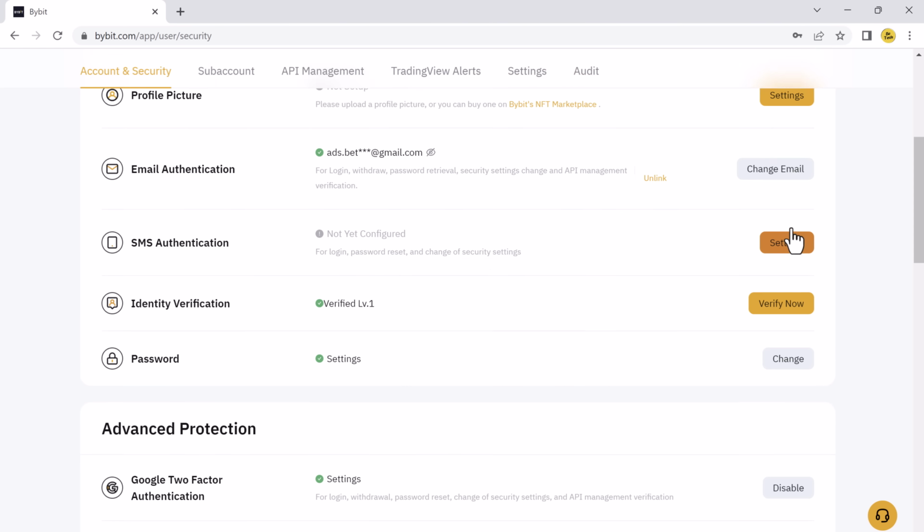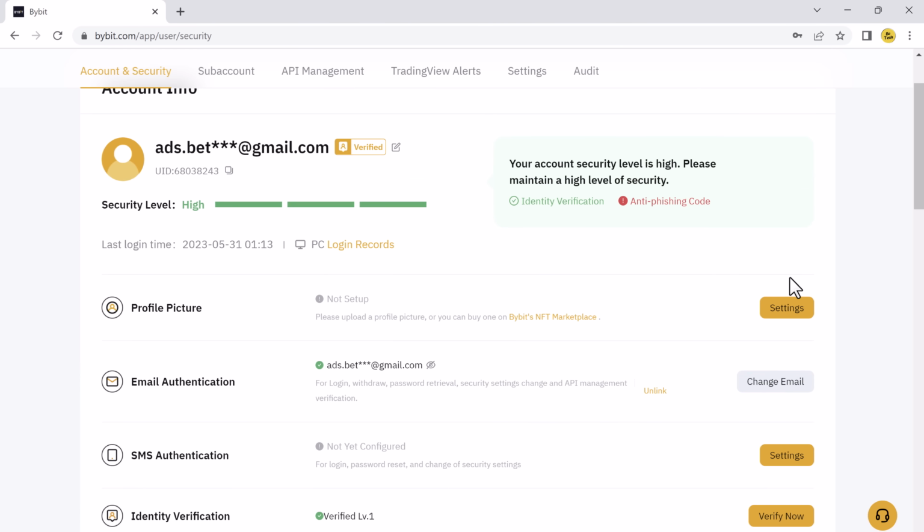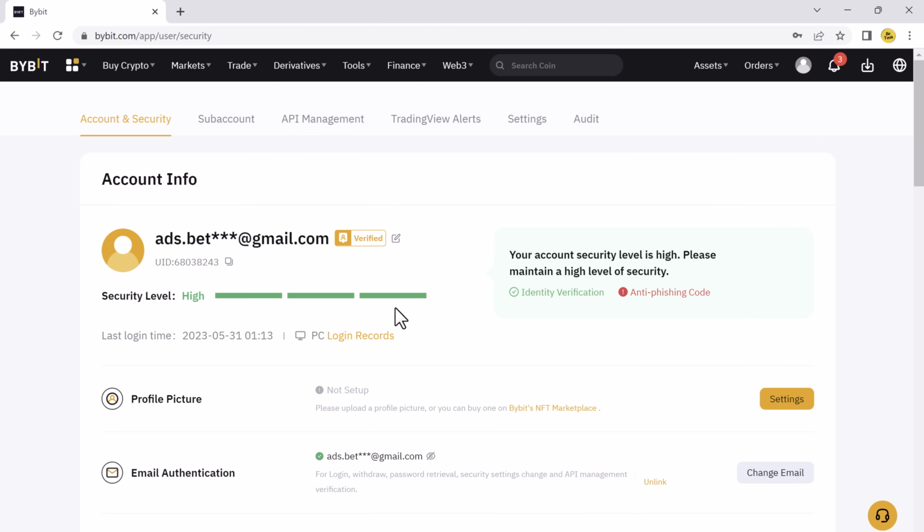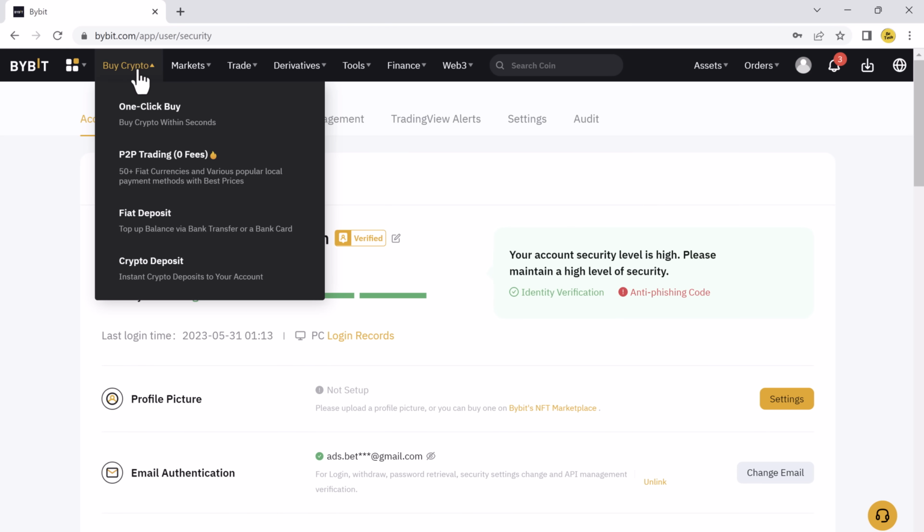And if you want, you can also enable SMS authentication. You can see your account security level is high. Please maintain a high level of security. Now that your account is verified, let's explore how to buy crypto using Bybit's